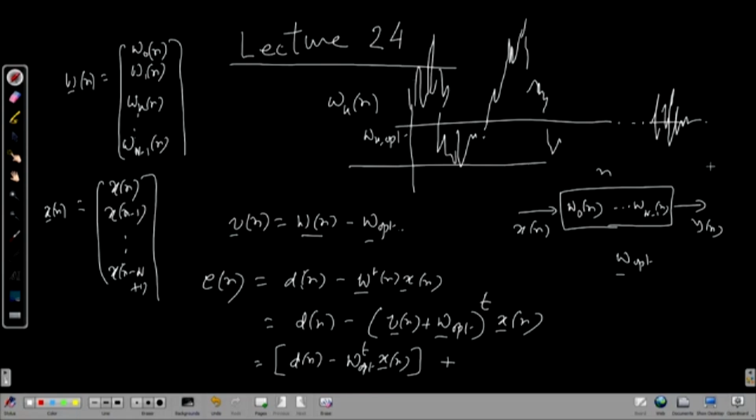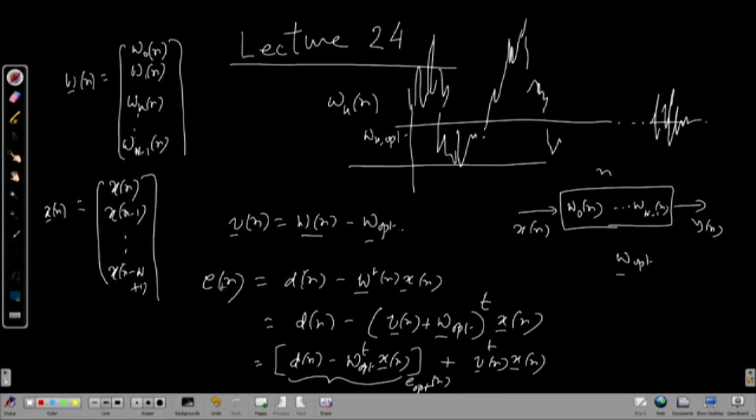That time y n becomes a very good estimate of d n, because the error between them has the minimum power, minimum variance. That is why I call this the output error, the filter output subtracted from d n, but this is an optimal error, e opt n, let me call it e opt n. And another term I have coming from the weight error vector term, V n transpose x n. All right. Therefore, what is the variance of this error? That is what we will work on in the next page.